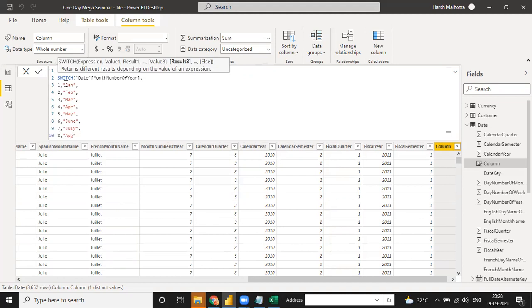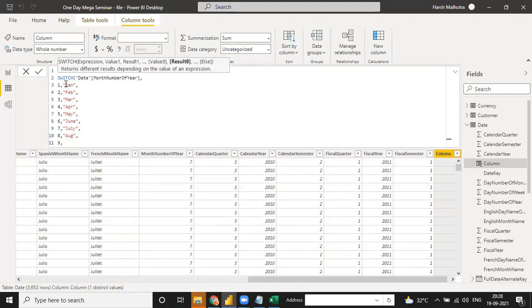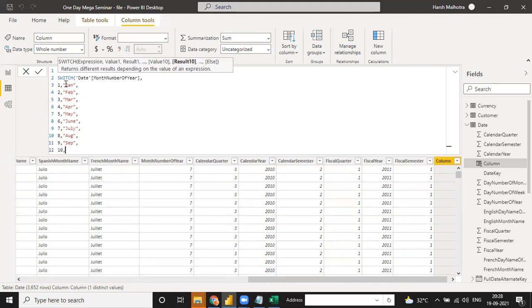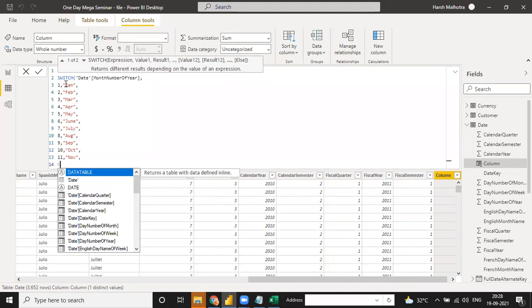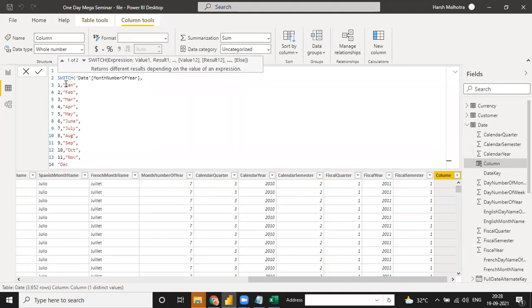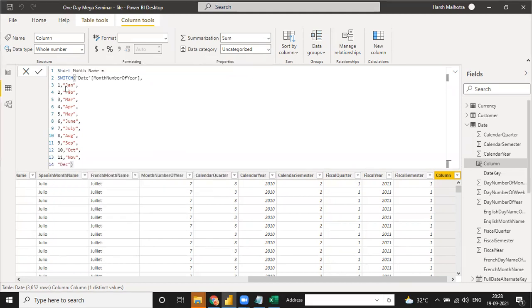In August, 9 you have September, and 10 you have October. Because I know this kind of thing you cannot do before maybe. The final is November, and the next value will be false. It means you can just click enter. Right now the name is December, and click enter.